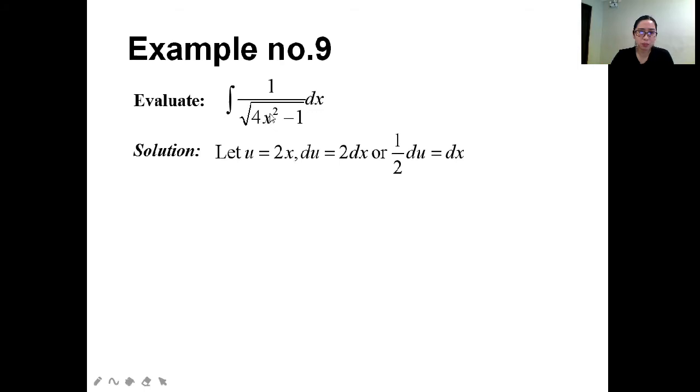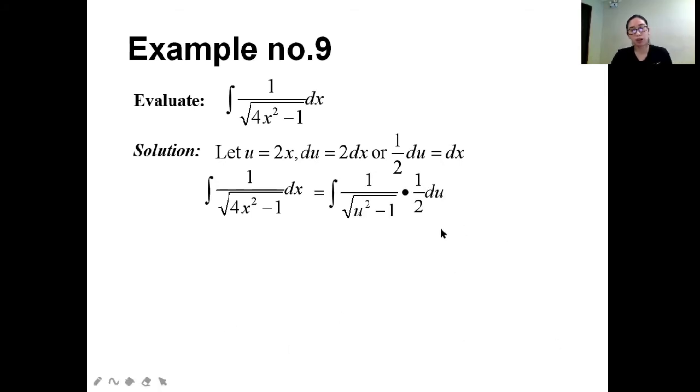So kung naka 2x ni, meaning naa tayo forma nga u squared minus 1. So, the derivative of 2x is 2 dx. Or, we rewrite it as 1/2 du is equal to dx. So, makasubstitute ta diri og 1/2 du times 1 over square root of u squared minus 1. So, balikan na nato. Integral of 1 over square root of 4x squared minus 1 dx is now equal to